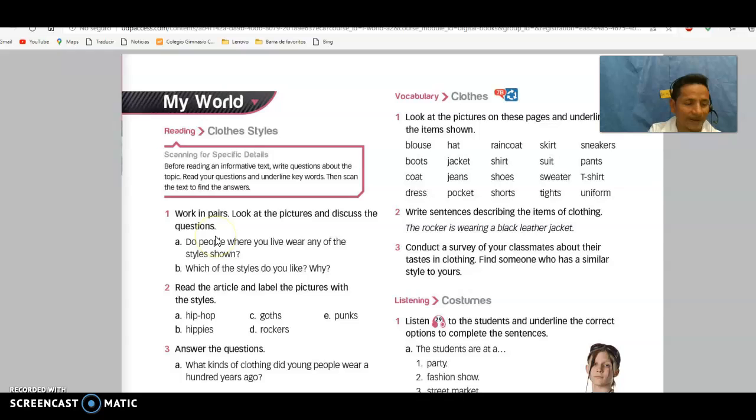So work in pairs, look at the pictures and discuss the question: Do people where you live wear any of the styles shown? So you have to answer the questions here. So you have to write here, and read the article and label each picture with a style. So according to the pictures, you're going to